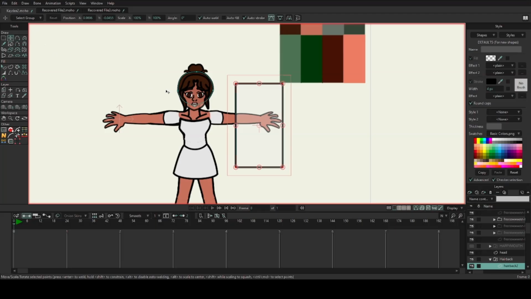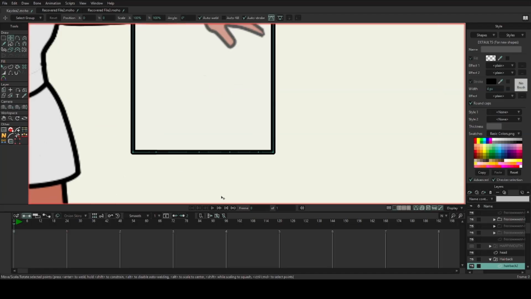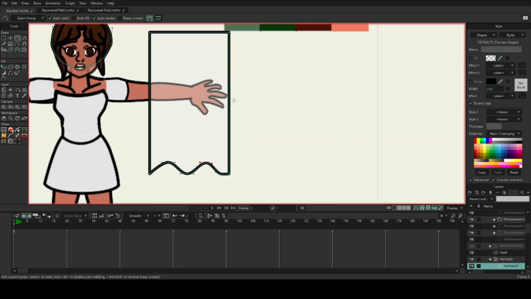Okay. So I think instead of what I was doing, I'm just gonna add more points. If I add more points, then I have a bit more control of what things are happening. Yeah, this is what I wanted. This is exactly what I wanted. And so I'm gonna add points here.